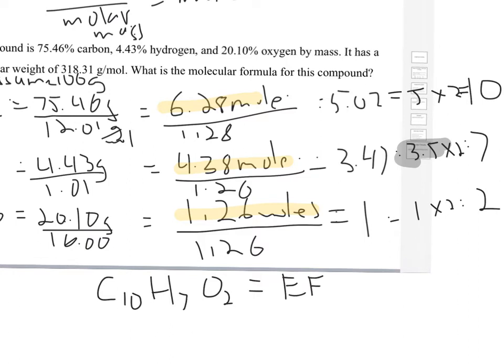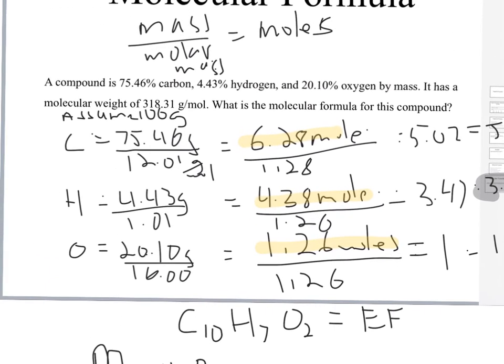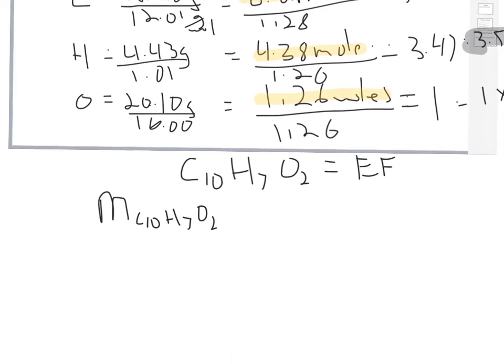Okay, so the only problem is that it is asking for the molecular formula. Now the molecular formula is some multiple, it can be 1, it can be 2, it can be 3, of the empirical formula. So how do we figure that out? Well, what we do is we do the molar mass of C10H7O2, and we compare that to the molar mass that is posted in the question, which is up here. Okay, so we're going to do a quick calculation, and that equals